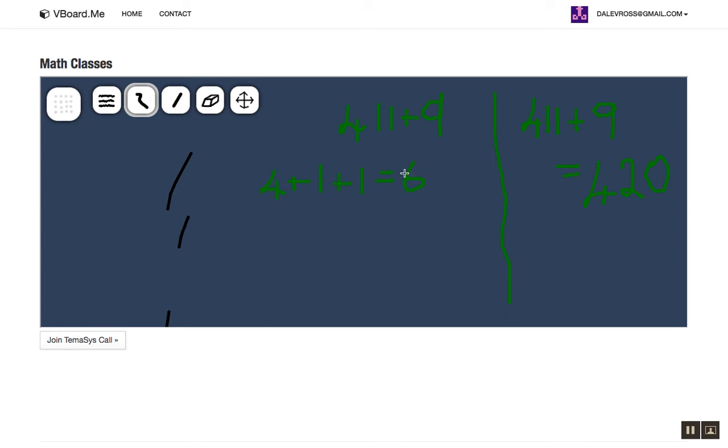Plus 9, so this is 6 plus 9 equals 15, and then 1 plus 5 equals 6. So the numerological value of 4 plus 1 plus 1 is 6, plus 9, and you can do it with any number. 314. I love pi.